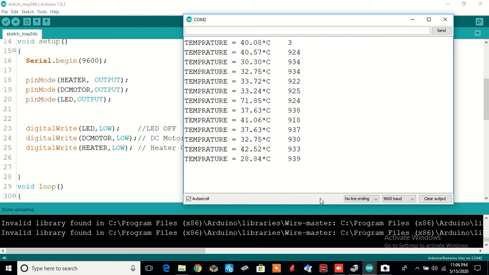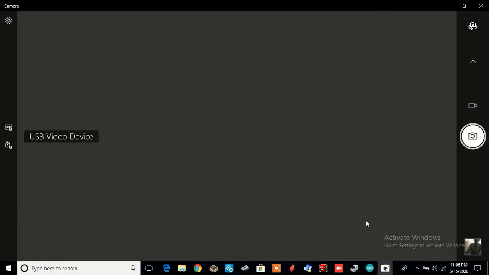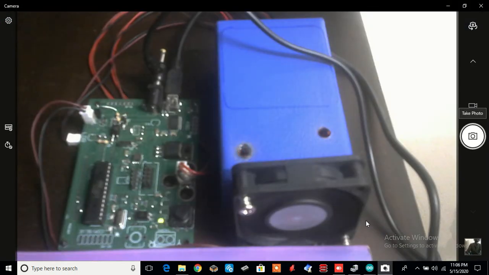Physically also, if you want to see, you can switch on the camera of your server and monitor that. You can see the heater inside this chamber getting on and off, and the DC exhaust fan, which is a disturbance we create by turning it on and off.